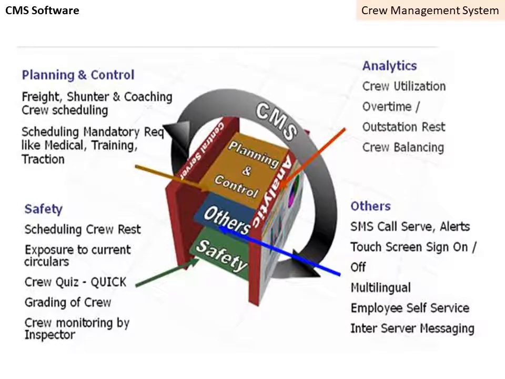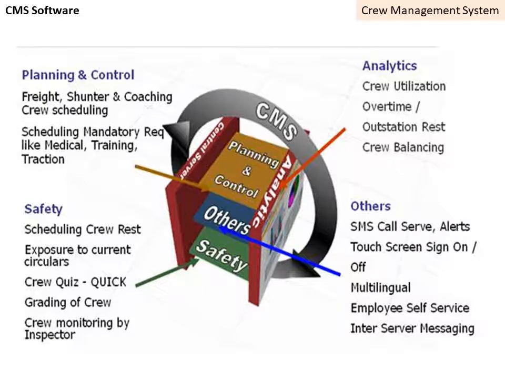Scheduling, mandatory requirements, PME refreshed automatically, and the like. These are the mandatory requirements. Safety circulars and cautionaries: whether the crew have read the cautionaries or not, and any safety circulars that exist, will be read by using safety circulars.